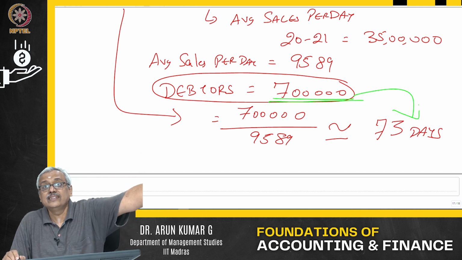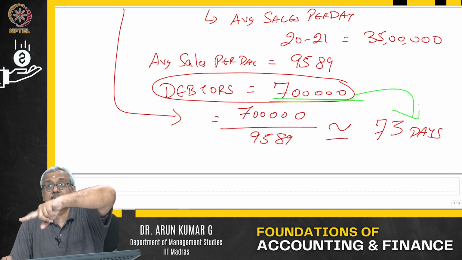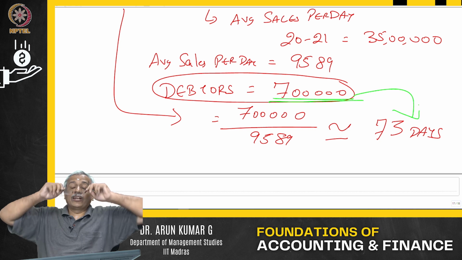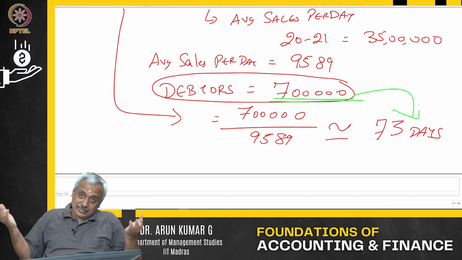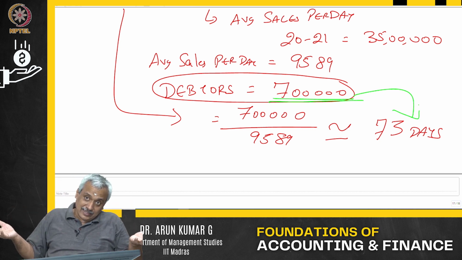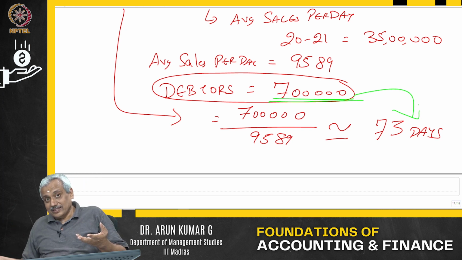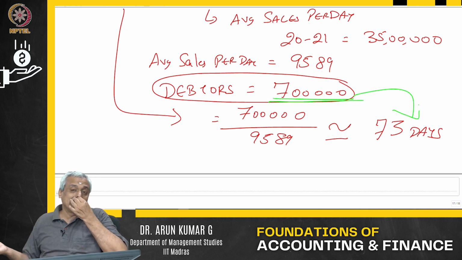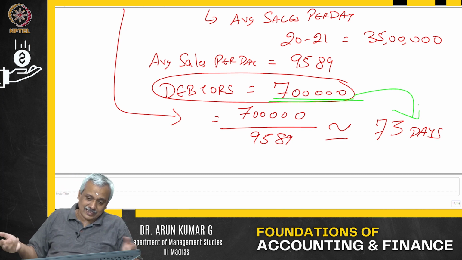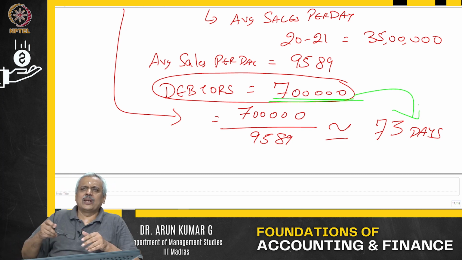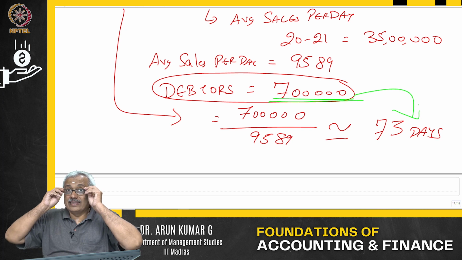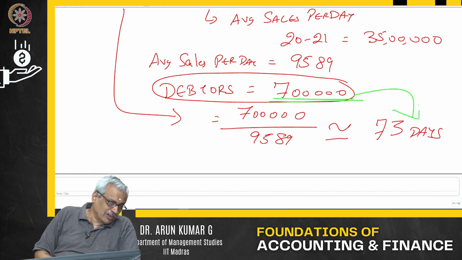I take 73 days to collect and I take 55 days to pay. So what does it mean? Your collection is not efficient, though you are selling on 30-day credit. Your payment obviously is also not efficient, though you are purchasing on 30-day credit. Now these are just indicators. You will have to look at comparing all these kinds of things.